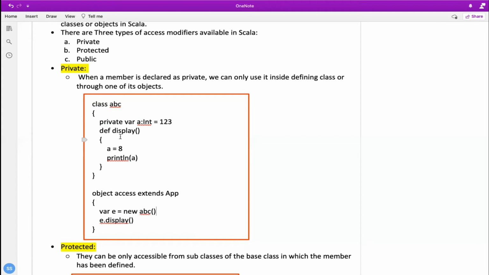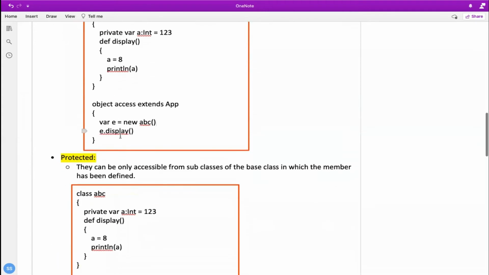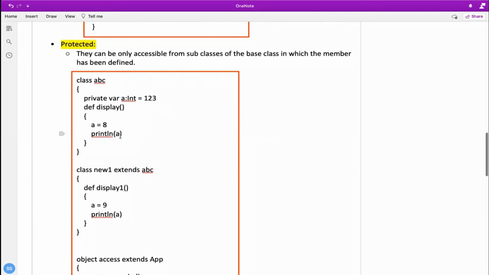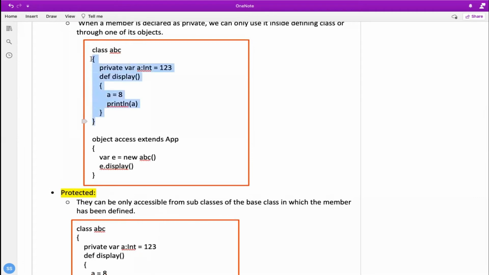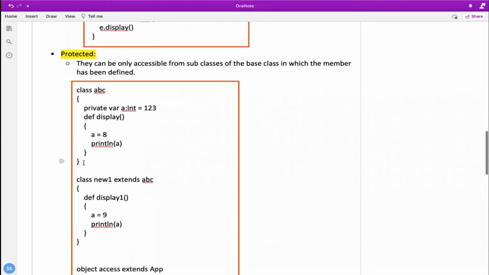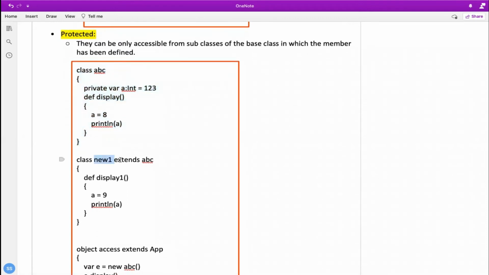As we have discussed private, let's discuss protected. In case of protected, as you can see, I have simply copy pasted this code over here as well. But with just one change, I have created a new class which is actually extending ABC. ABC is the class we have created which has a as a var variable, and we are changing it to 8 when we are calling display.